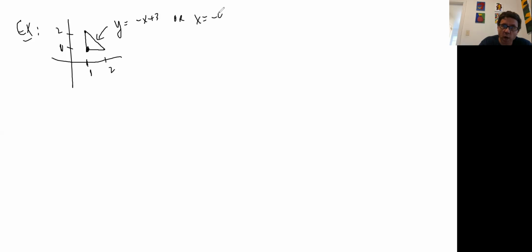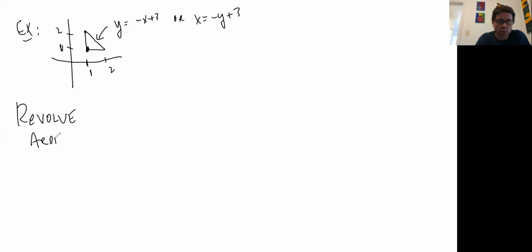Okay, so back to that example that I had here, because I'm going to want to introduce one more possibility. This is 1, 1, 2, 2. Take my triangle. I already know that the equation of the top of this is y equals negative x plus 3, or if you prefer, it's x equals negative y plus 3, if you're looking left, right, or up, down. So now instead of revolving it around the x-axis or revolving it around the y-axis, I want to revolve it